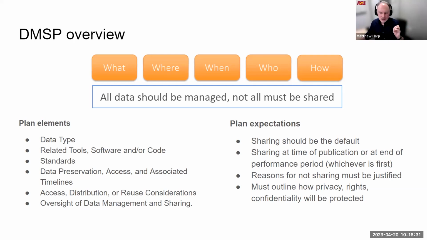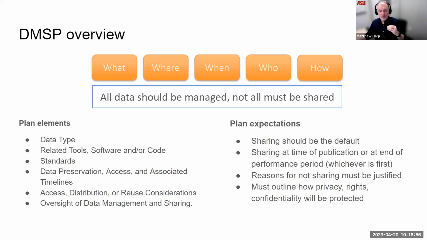They should also be considering that there are no default elements to this, and that these plans are not fixed. They can actually be updated over time through the course of the project. So these are actionable. These are things that can be updated, and if there's a review period during the course of this project, they can update these plans and then report it back to the funding agency.